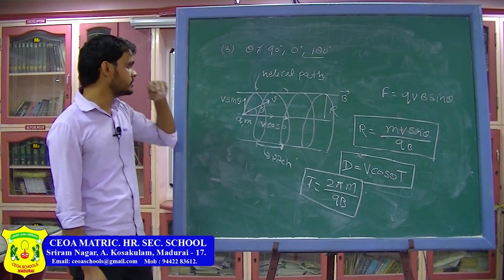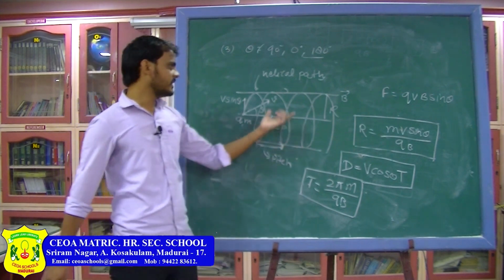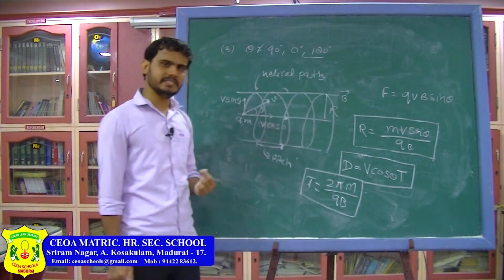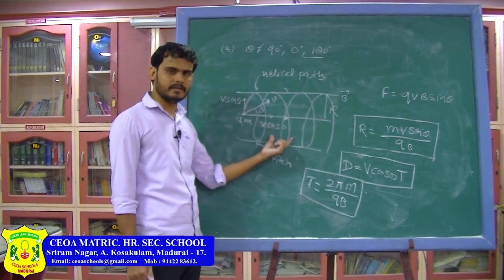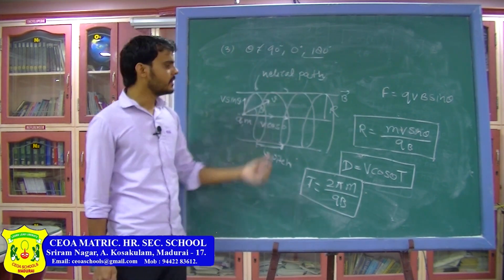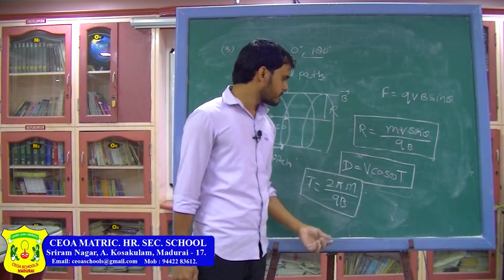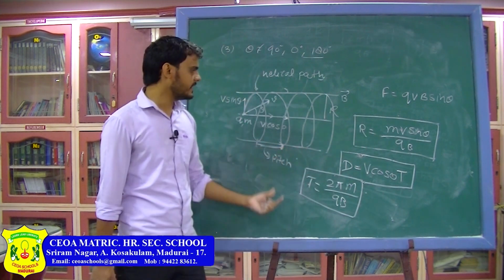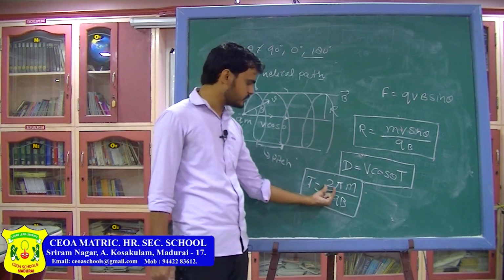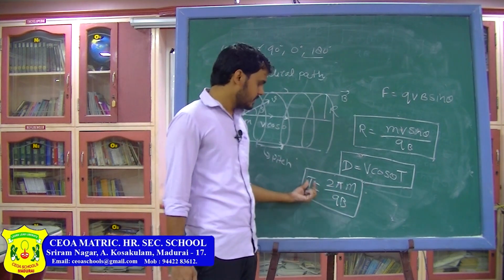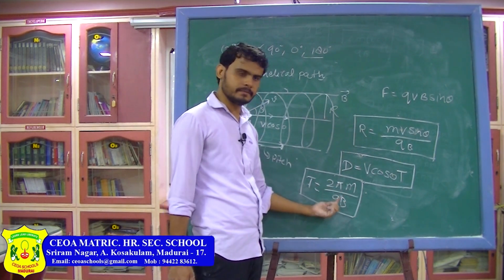So this is the motion of the particle when there is an angle between the magnetic field and the velocity. The path is called a helical path, not a spiral path, although in normal life you call a spring kind of thing a spiral. The radius of the helix will be mv sin theta divided by qB, and the pitch of the helix will be v cos theta into T, where T is the time period and the formula for time period is 2 pi m by qB. Remember, the time period of a particle does not depend on the velocity, so there will be no velocity terms here.